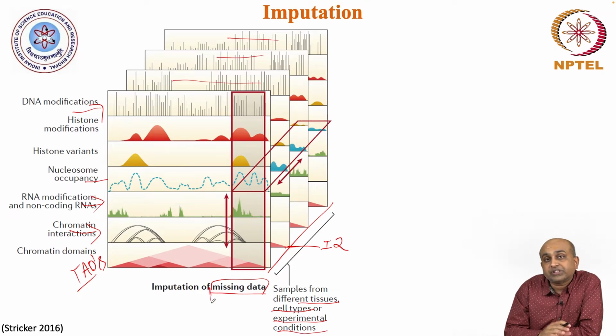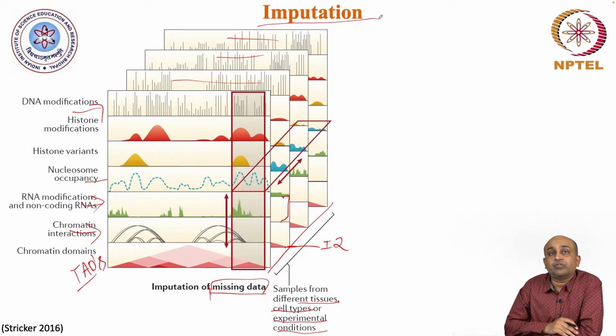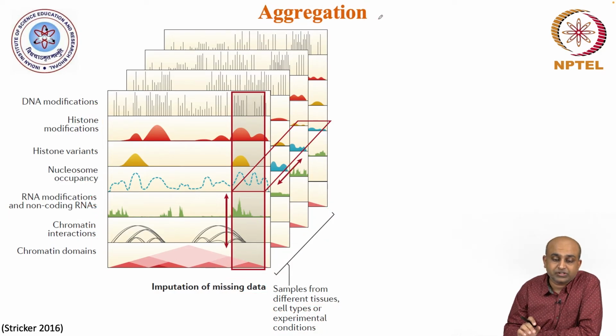So then when you have this kind of missing data, the solution would be that you impute it. That is, given the information that is available for the other individuals, and the information available in the other assays, you can infer what probably is the state of this particular data in this particular sample. So, this kind of imputation of data, whether it is across such multi-dimensional data set or even some simpler data set like SNP data set, is quite common when you have this kind of large data sets, when you have enough statistical power to make such predictions.